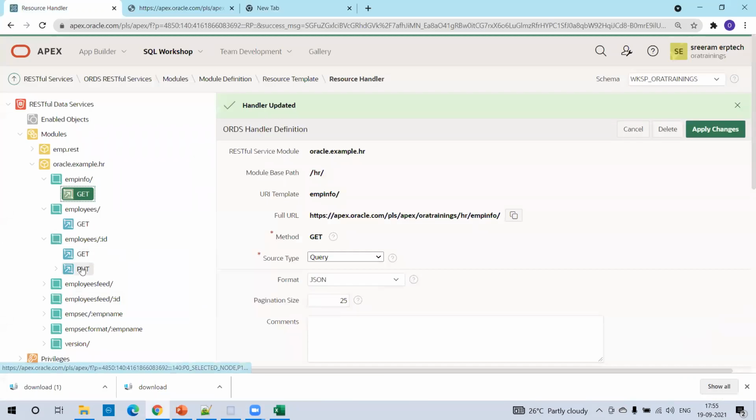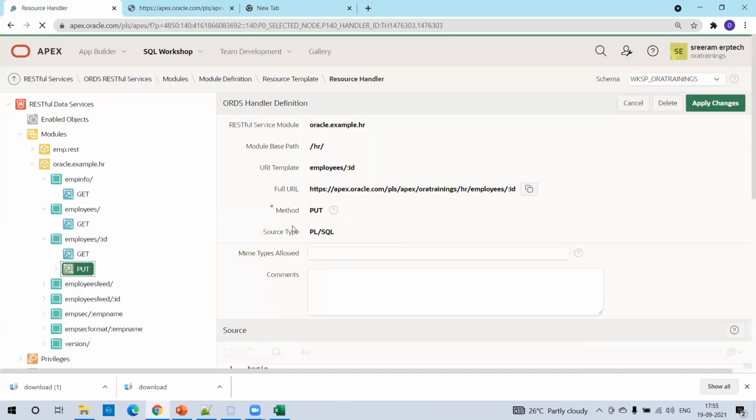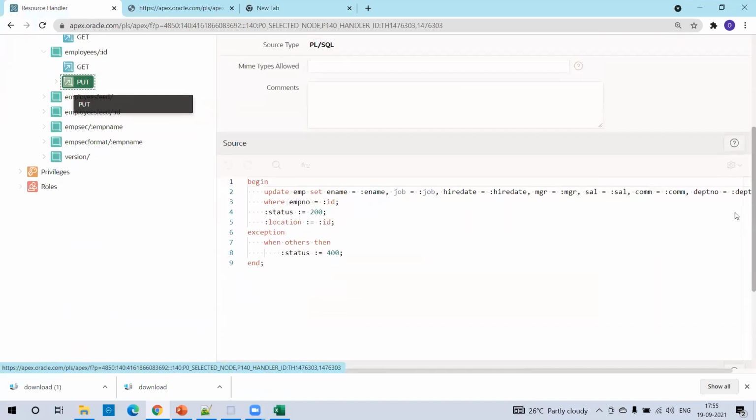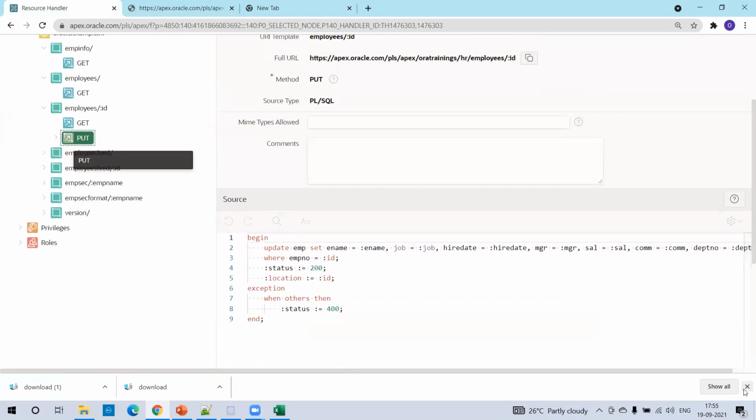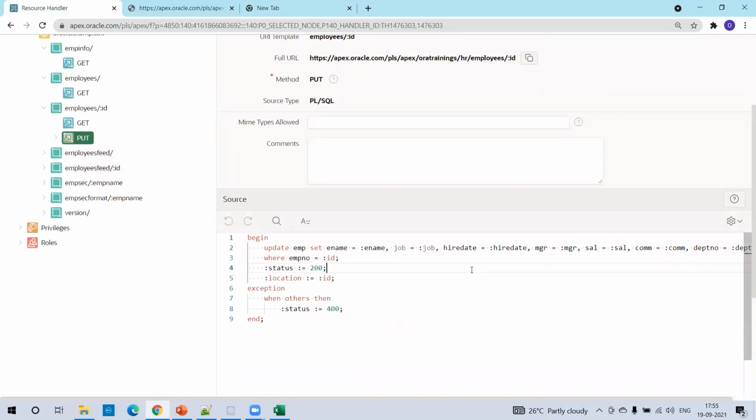Now, we just see the put functionality, right? So in the put one, what exactly we are doing is, let's say we are trying to update the data. Okay. Based on the SQL query, we have generated the REST API. So the third party user can simply use the REST API, and when they call your particular REST API, this particular database statement will get executed. What exactly it is doing? It is just updating this set of fields based on the EMP ID.